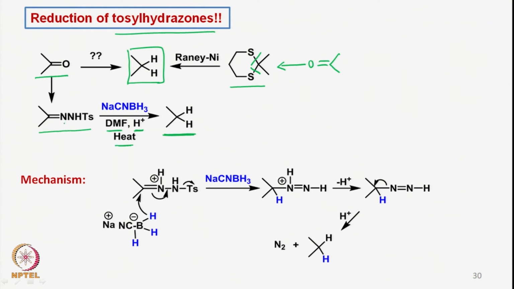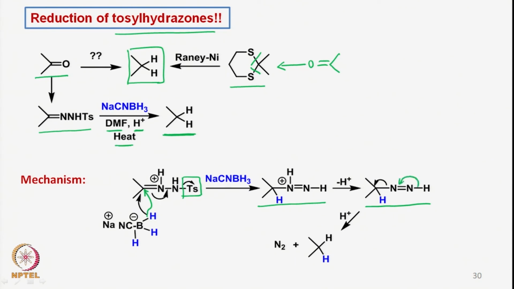nitrogen, the first nitrogen here of the tosyl hydrazone gets protonated, and we generate an ammonium ion here, to which now sodium cyanoborohydride donates hydride, and the double bond moves with the loss of the tosyl group, which goes off, leading to the formation of this particular intermediate, which then loses a proton and goes to another molecule like this, which can now be expected to be somewhat like this,